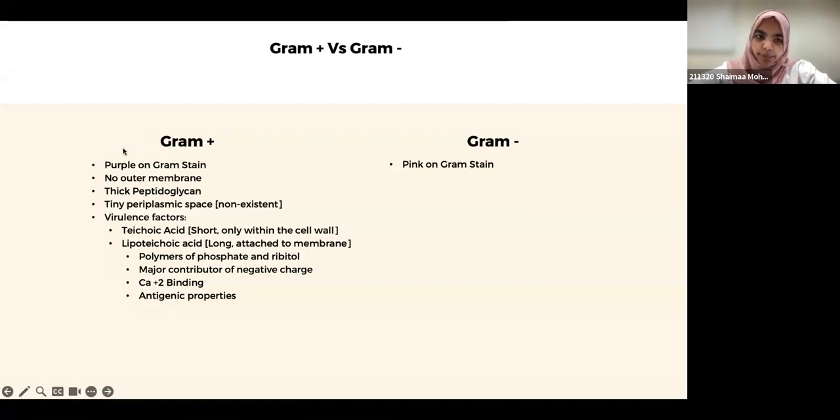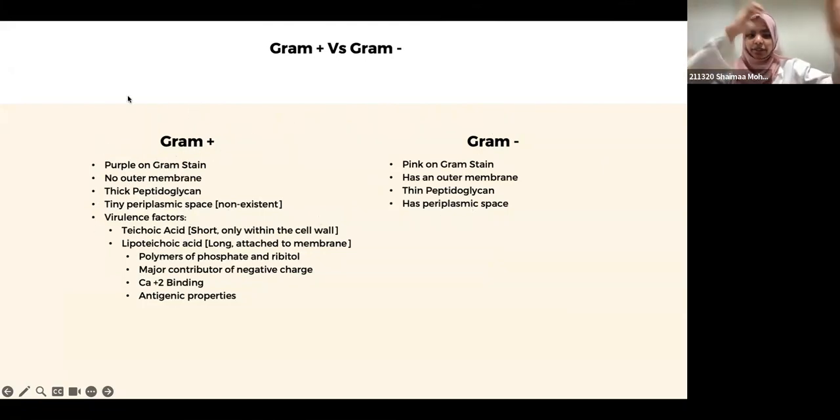So what about gram-negative? If gram-positive is purple on gram stain, gram-negative is pink on gram stain. If gram-positive has no outer membrane, then gram-negative has an outer membrane. If gram-positive has thick peptidoglycan, then gram-negative has thin peptidoglycan. If gram-positive has kind of no periplasmic space, then gram-negative has periplasmic space. These are the main things that are opposites to each other, but now let's look at the virulence